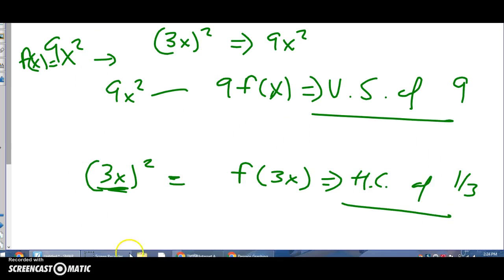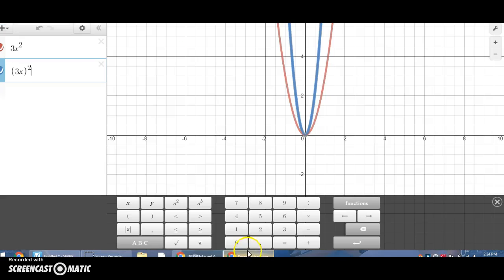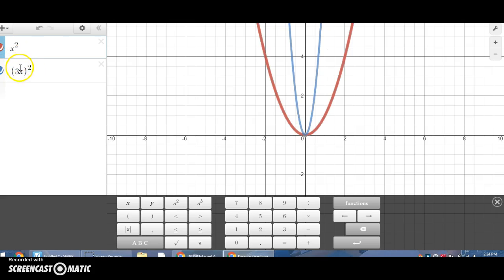And now let's go back to our Desmos over here. If I go to Desmos, I had 3x squared, the blue one stays the same, and now let's see if I can make this one look the same as the blue one. I put 9x squared in there, and you notice that it is the exact same. So I had 9x squared, and that is the same as,